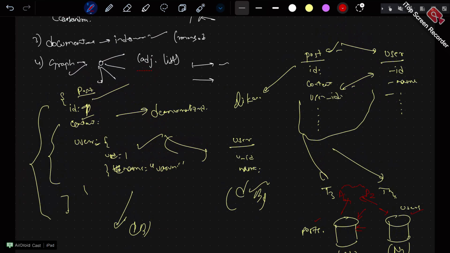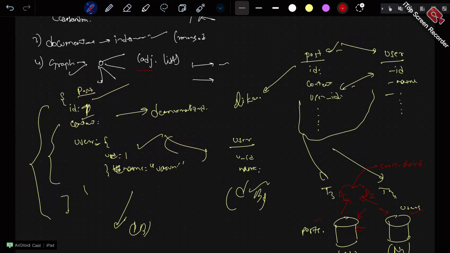This is what is called a cross shard join, and at any cost we cannot afford this. Why? The reason is this is highly complex and the most time-consuming thing. You can think of approximately 5 minutes to do a cross shard join and then get the data. So just remember, in case your data is split and you want to join the data, never ever go for cross shard joins.